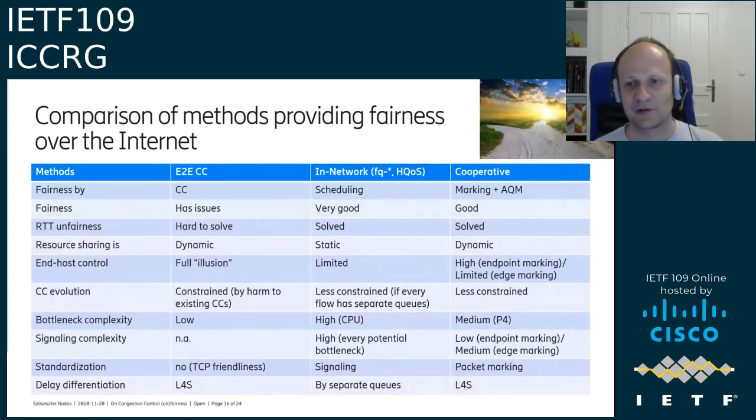And I'm saying illusion here because there is still a fate sharing of packets, and also congestion control aggressiveness and RTT is very chaotic and actually hard to control. There is limited control of end-hosts in the in-network scheduling scenarios, and with the cooperative, if the marking is done at the endpoint, there can be a high amount of control, while it can be limited if there is edge marking. So it's if the end-host is not communicating with the